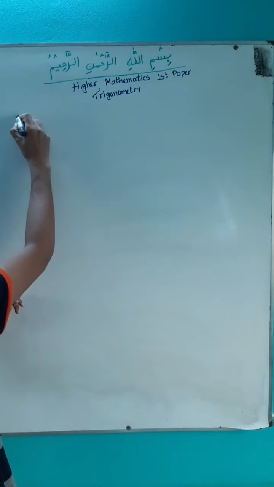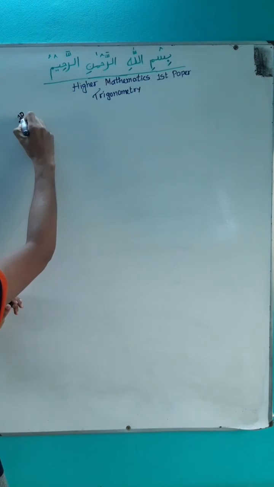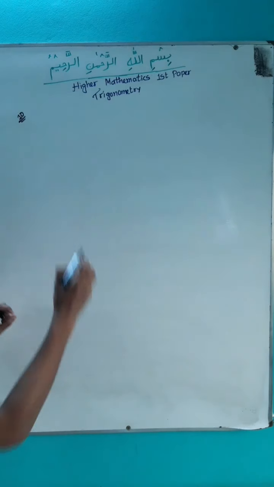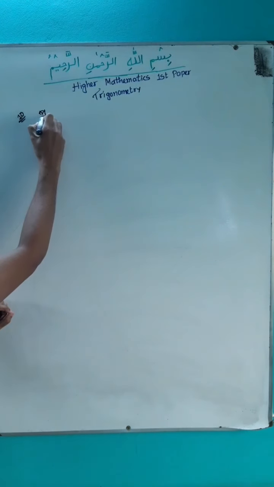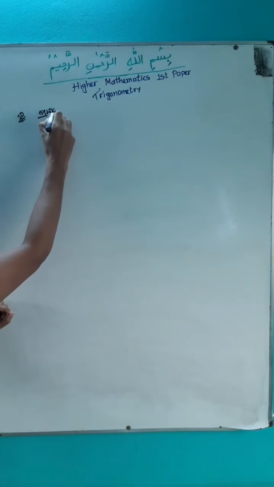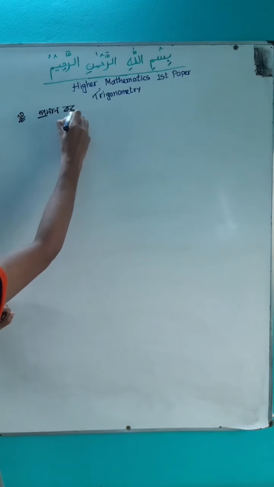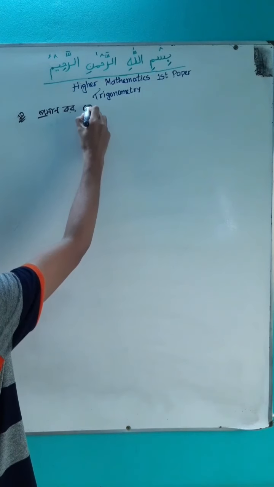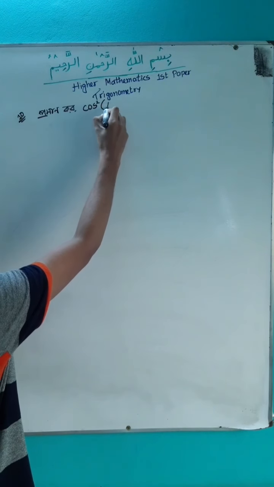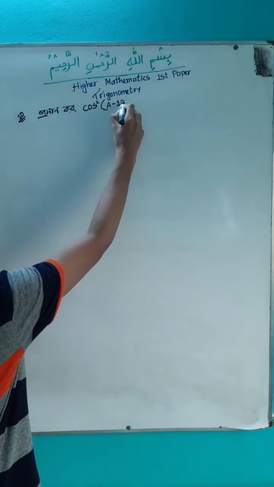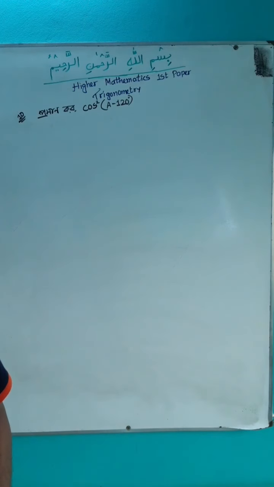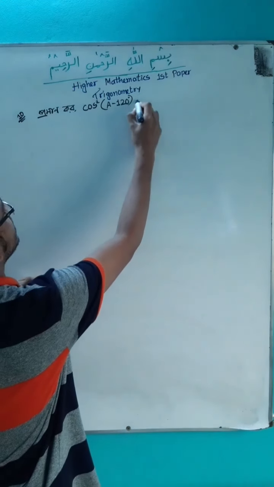The next math is number 10 from the book of Ashwin Kumar Shah sir. It's written here. Prove that cos square (a minus 120 degree) plus cos square a